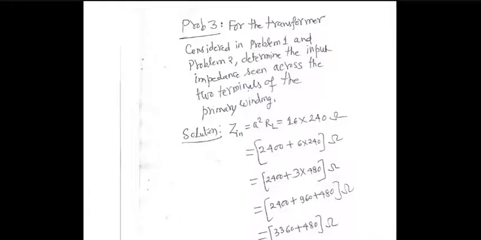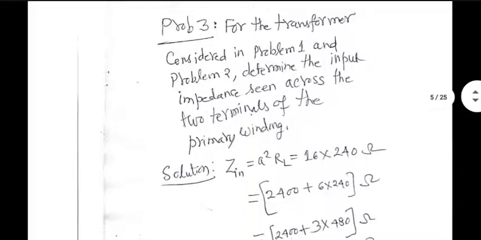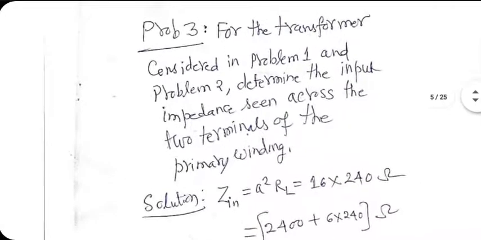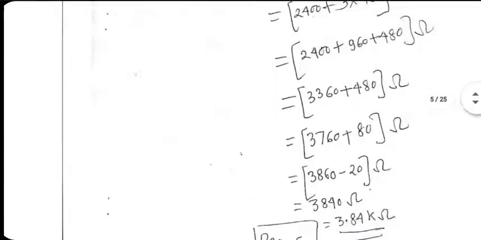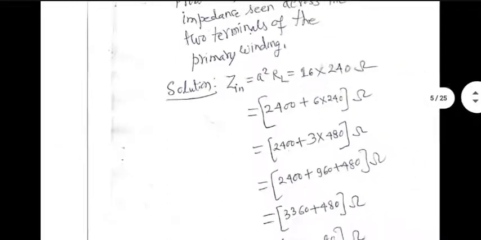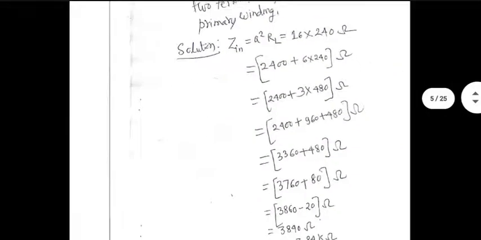And you have just a minute. Yeah, that's right. So A square RL is the answer. The rest is all calculations. I had some fun here. Without calculator, I wanted to do this calculation. So I did it this way. But you don't have to do it this way. The answer is simple. Okay. A square RL is the answer.